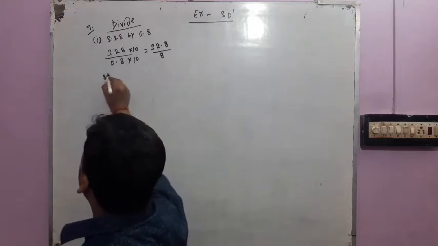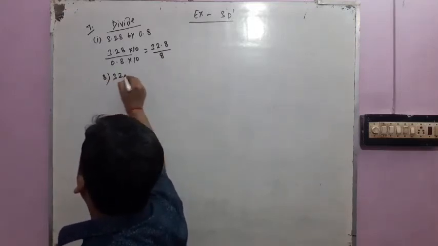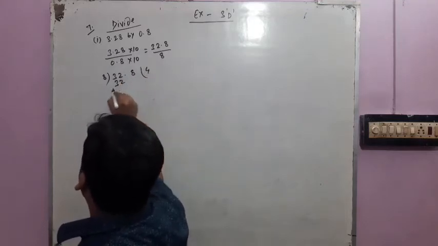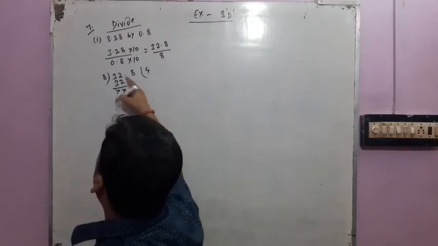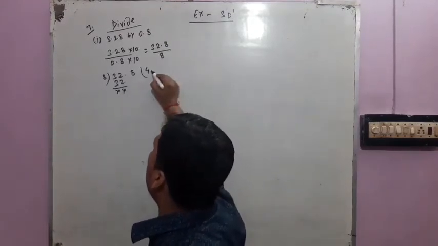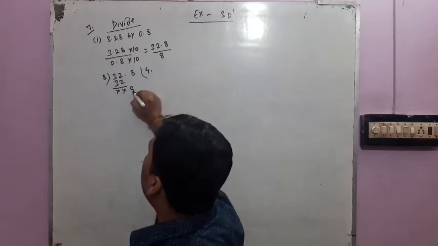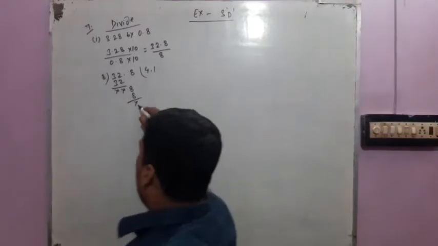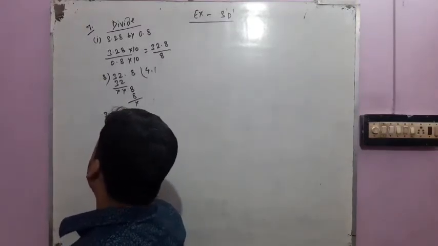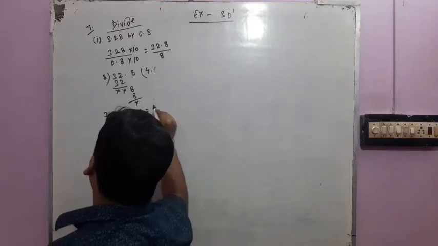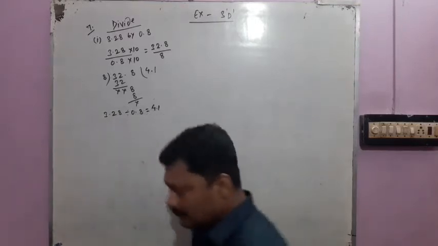Now we simply divide it by 8. 8 4s are 32. Now after that we have to take the digit after the decimal, so we have to place the decimal first here. Now we will take here 8. 8 1s are 8. So when 3.28 is divided by 0.8, the result will be 4.1.